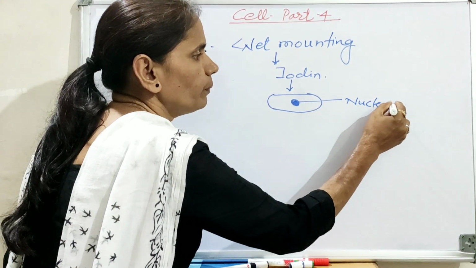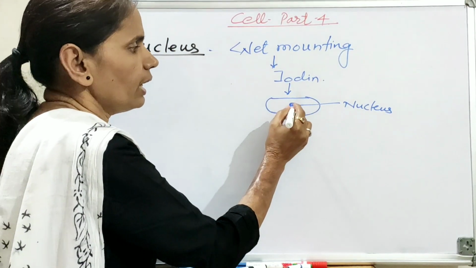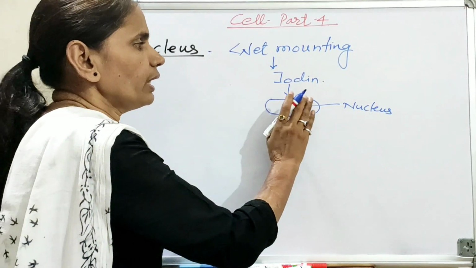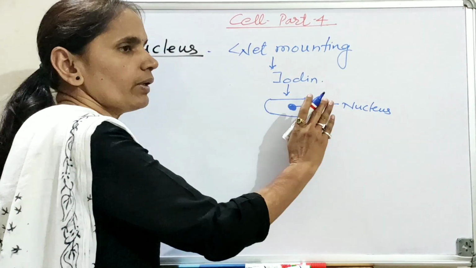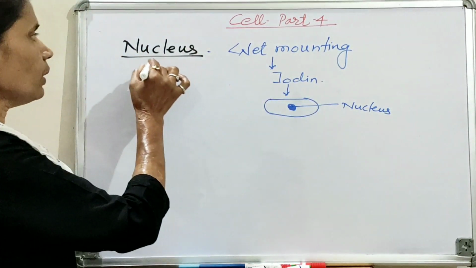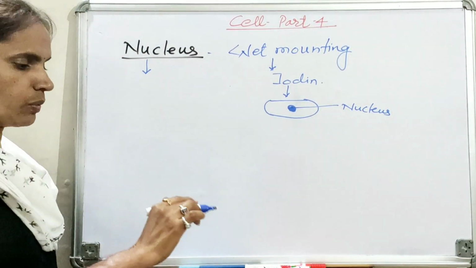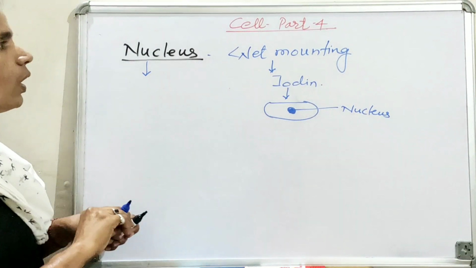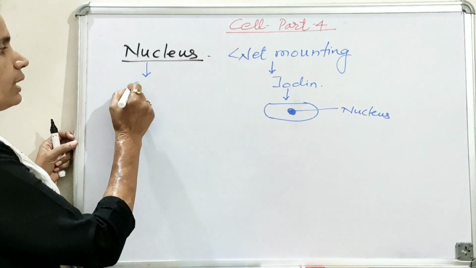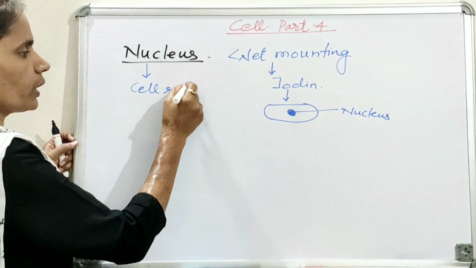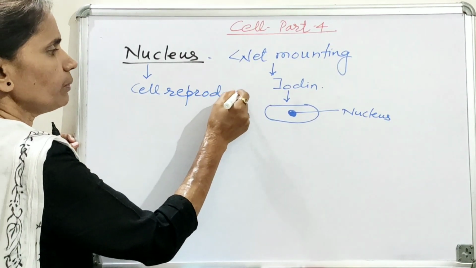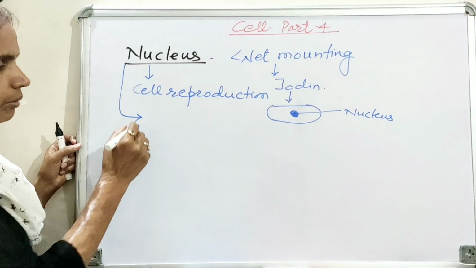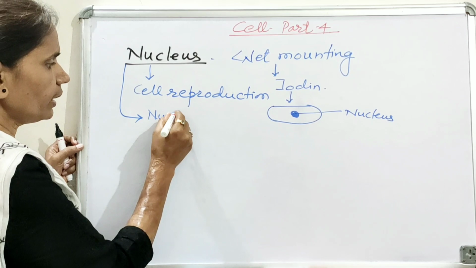Different components of the cell are present in the cytoplasm, nucleus, etc. So they take up the stain or coloring effect in a different manner. Now the nucleus is one of the most important cell organelles. This nucleus has a key role in the cell reproduction or cell division process. The nucleus is externally covered by a membrane known as the nuclear membrane.